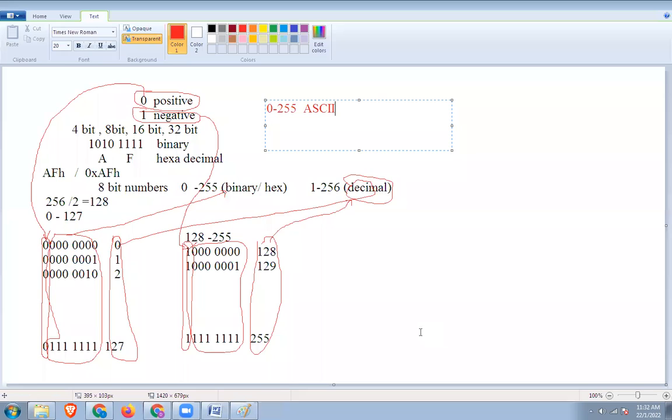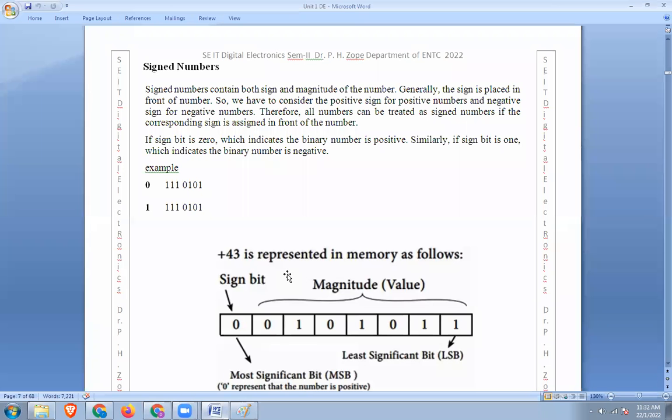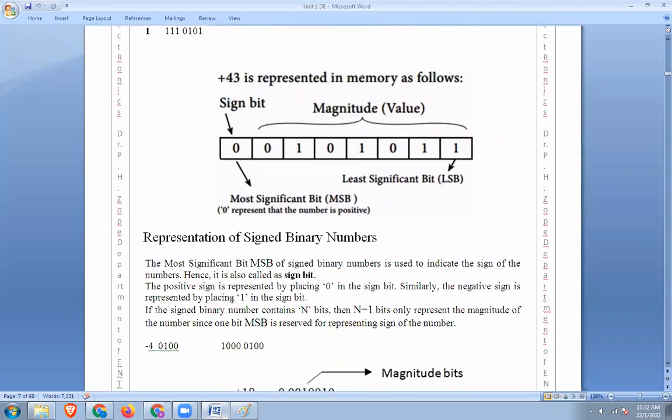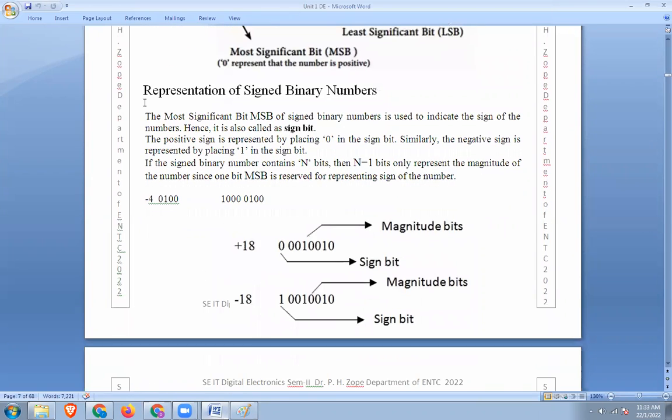So I hope now to continue with the signed and unsigned number, again I am going for the further points okay। So the further point that I would like to discuss with you like this. Now I hope last lecture I showed you here how to understand the positive and negative number with the help of sign magnitude representations okay। Now here next point that I have shown here, the representation of sign binary number okay।